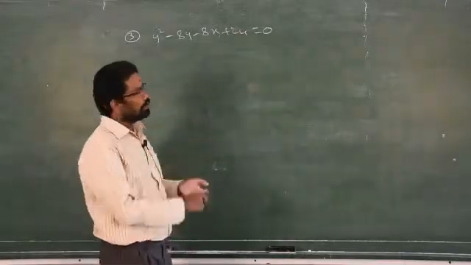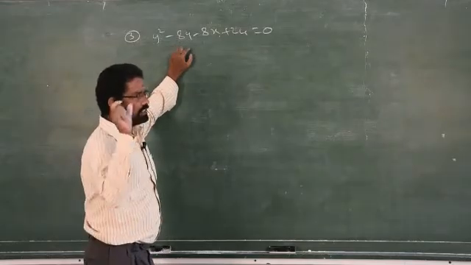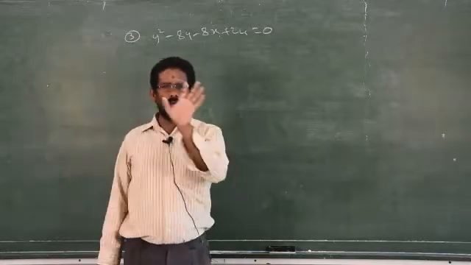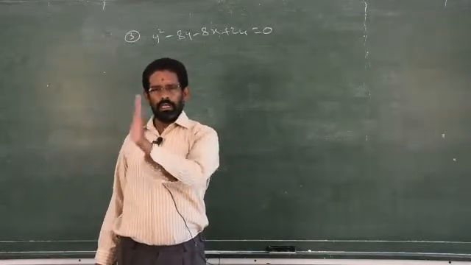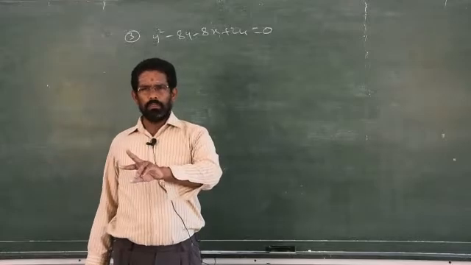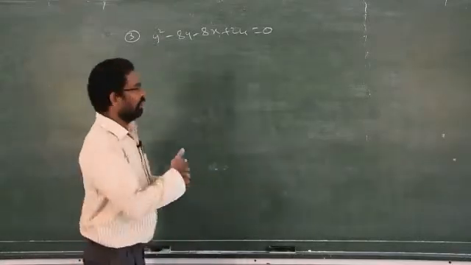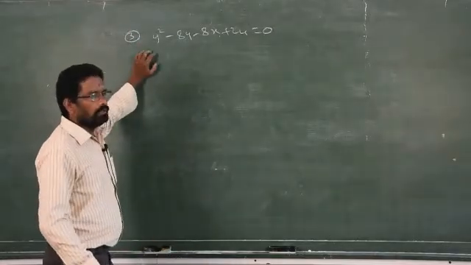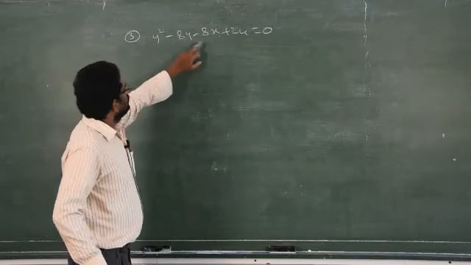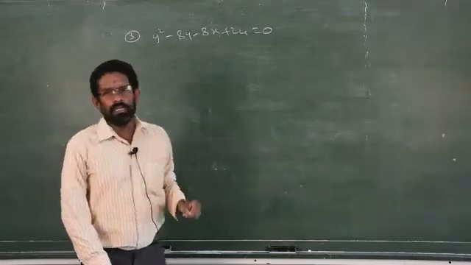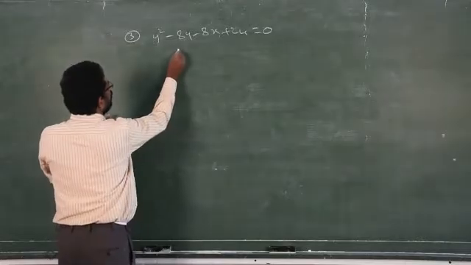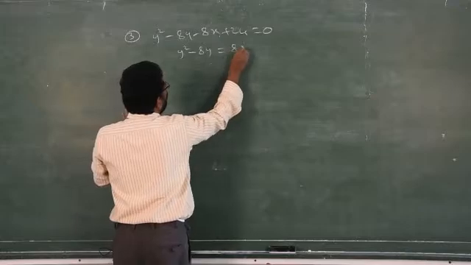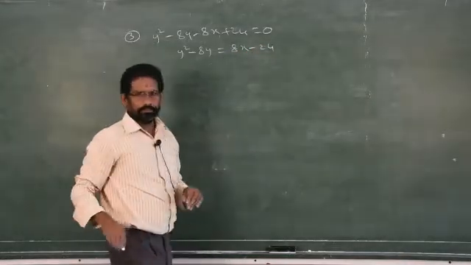So now my aim is to bring the given equation into the standard form of the parabola. What is the standard form of the parabola? Either y square equal to 4ax or x square equal to 4ay. Only these two possibilities, depending upon the sign, plus and minus. Clear? Now you see, first you have to check which variable has power 2. There are two variables, x and y. Which variable has power 2? y. So you have to retain that y variable alone on the left side, and transfer the others to the right side.